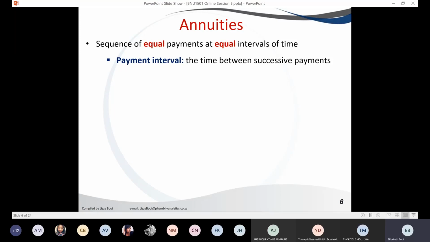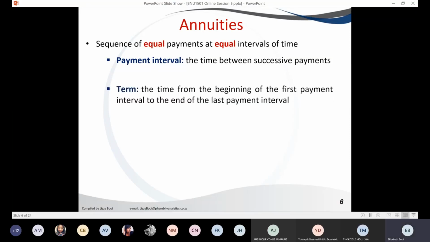So if you're going to make the payments quarterly, it means you're going to be paying that amount every quarter. The term will be the period for how long you're saving or how long you need to